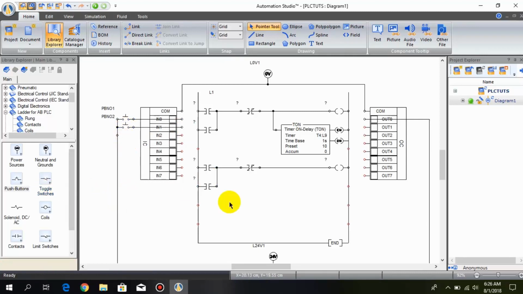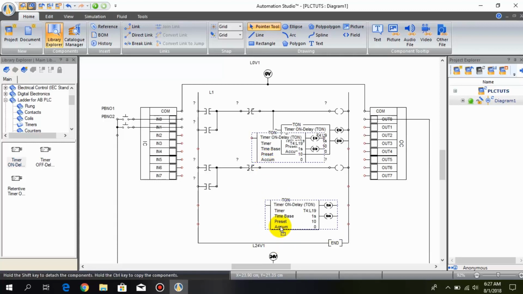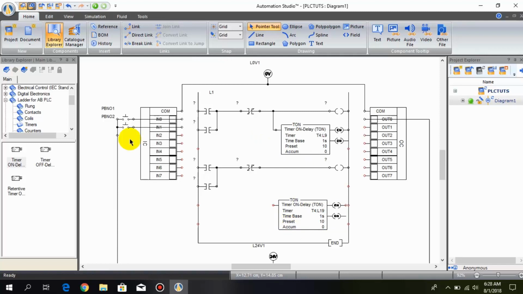And now we have to connect another timer, so I go to timers and connect another timer. What will be happening is that when I press the second push button, the first output will automatically unlatch due to this normally closed contact, and after 10 seconds the second output, that is Y1, will be unlatched, and for that